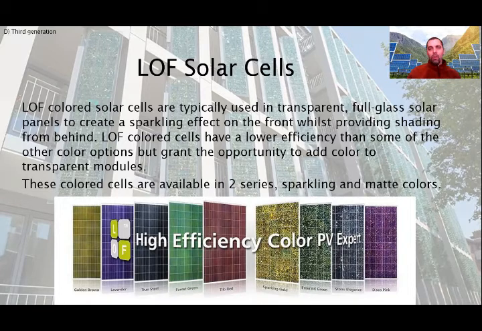The Marble series offers 5 highly sparkling colors to draw attention to the cells. The Classic series offers 5 matte colors to have the cells blend in with your background. It has 75 to 80% of a standard module efficiency with 80 to 128 Wp per square meter. Matte colors produce higher outputs. The Classic matte has a fixed color from any light angle, while the Marble version has a dynamic experience from changing light.